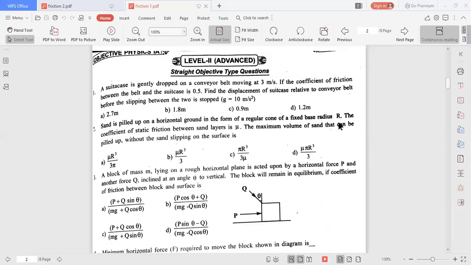Next, you do the fourth problem. The fifth problem I will explain again, because mu mg you will get. It is level 2, page number 205. So in this page 205, problem number 5, I want to explain. Because we can do the problem and at the same time, I think it is the same problem only. Already I said the concept. Some of the students were unable to understand. Again, I will explain.